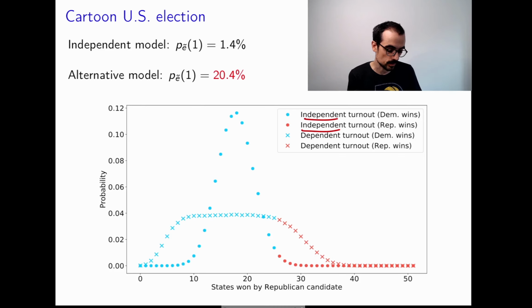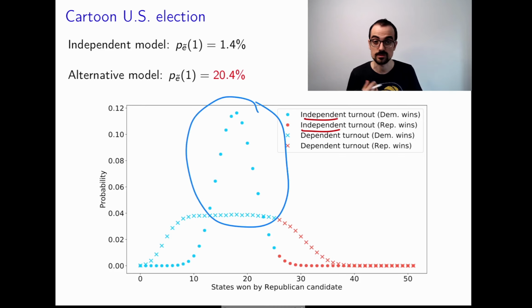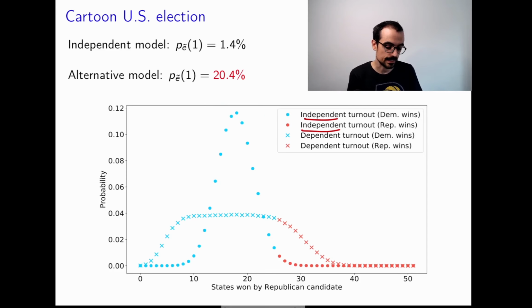Under the independent turnout, what we see is that this is very peaked here because of the independence assumption. Okay, it's actually a binomial, as we saw. Basically, there's a relatively low probability that the Republican wins each state. Because they're all independent, it's unlikely that just by chance there's going to be a lot of them that flip. Okay, because they're independent from each other. So in most possibilities, some of them are Republican, some of them are Democrat, but more of them are going to